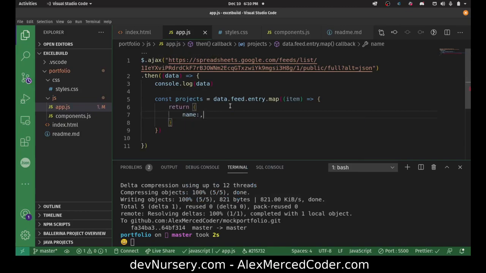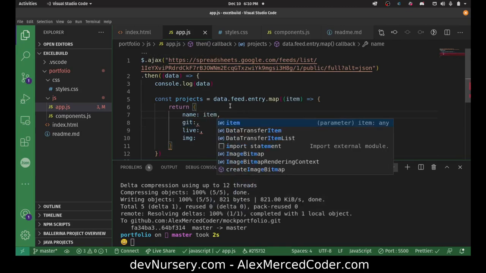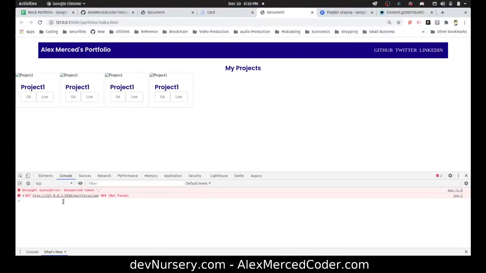Name, get, live, and image. Okay, that's what we prefer to have, right? So what we need to do is say this new object is going to equal the item. Okay, and again, the item, let's go take a examine. Oh, get image